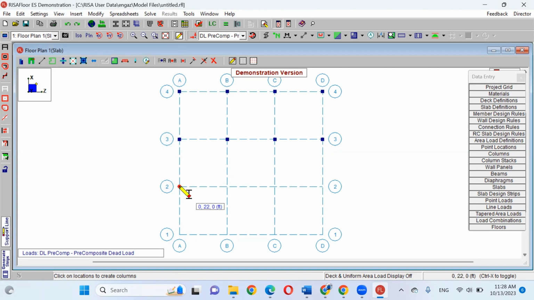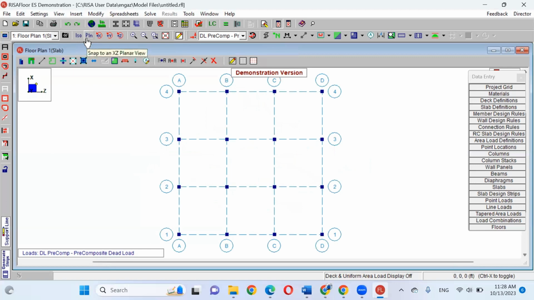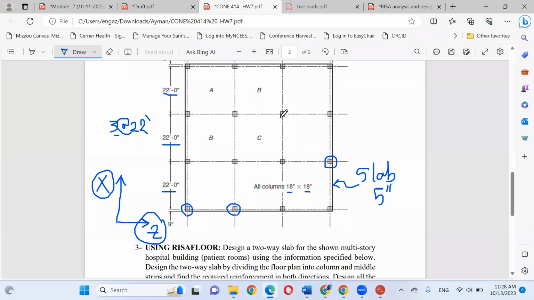Just click. Wait until this red point shows up, then you can click. Click, click, click. Escape. If you look at 3D ISO, meaning isometric, we have this little icon that can show you the isometric of your columns. If you click this little icon one more time and look to plan, PLN, you can go back to the plan view. So right now, I am done with the columns.